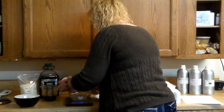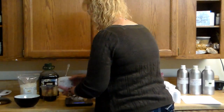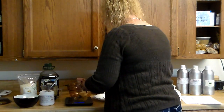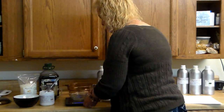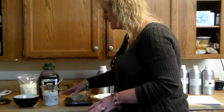And this is the great kind. This is the kind that hasn't been touched. Oh, I did that real quick, didn't I? It hasn't been touched by refinery. It is exactly the way God made it to be. It is first press, cold press coconut oil, so it smells like the coconut, it tastes like the coconut, it